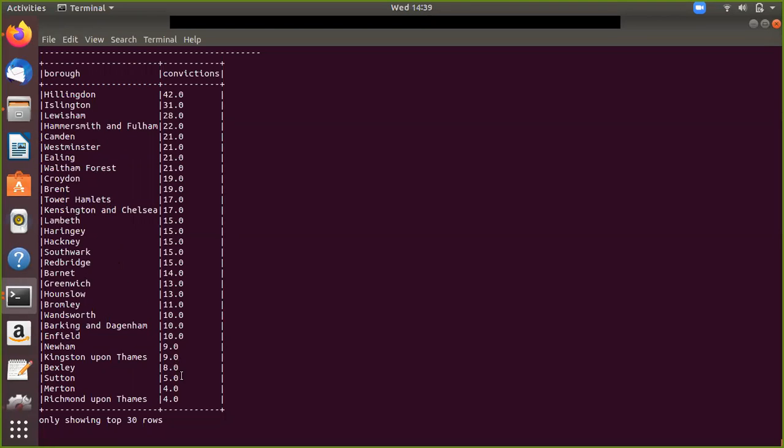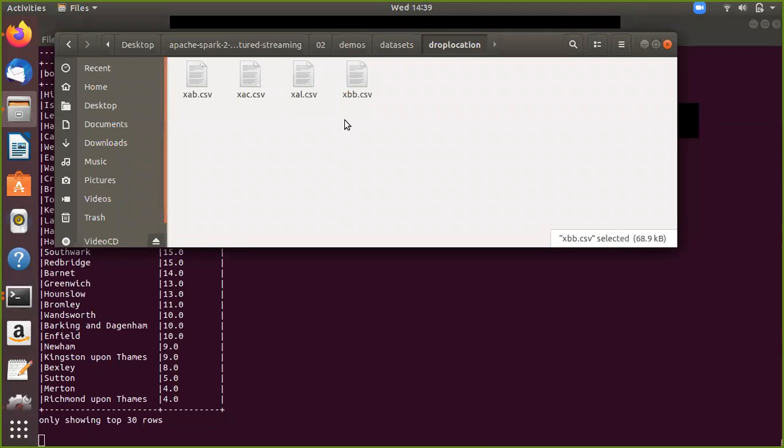We need to understand that when you push a file to this location, it will read all of these; it already read three files, another file is also being read, and the entire records are read by a data frame. All the data in all four files is there, and then it is doing the aggregation. It's not just for one file. That you need to understand.